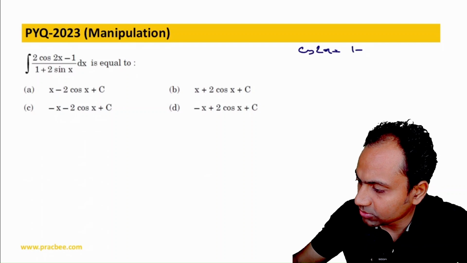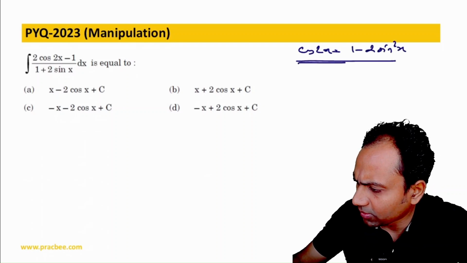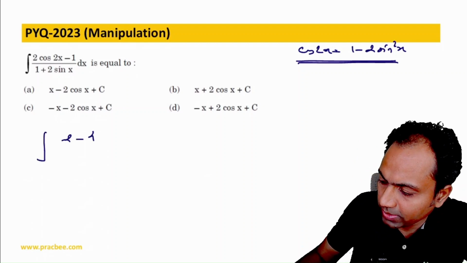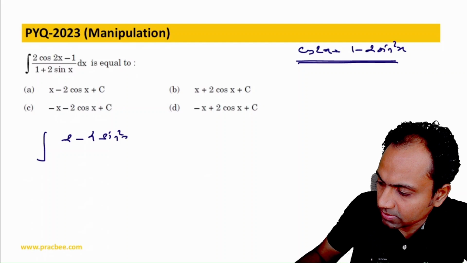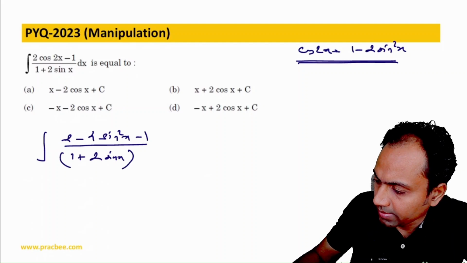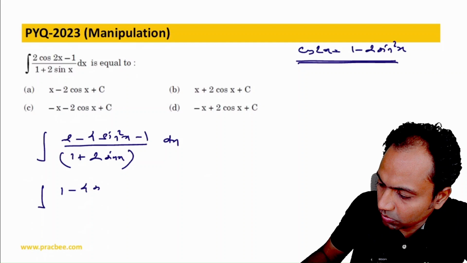cos 2x is equal to 1 minus 2 sine square x and 2 cos square x minus 1 are very useful in solving questions. Like if you put this in the numerator, this becomes 2 minus 4 sine square x minus 1 divided by 1 plus 2 sine x. And now if I just simplify it, this becomes 1 minus 4 sine square x by 1 plus 2 sine x